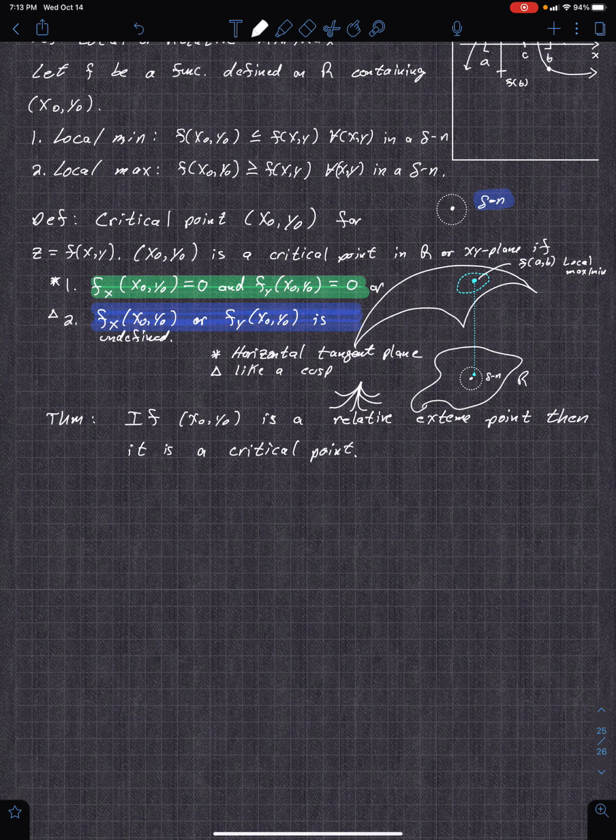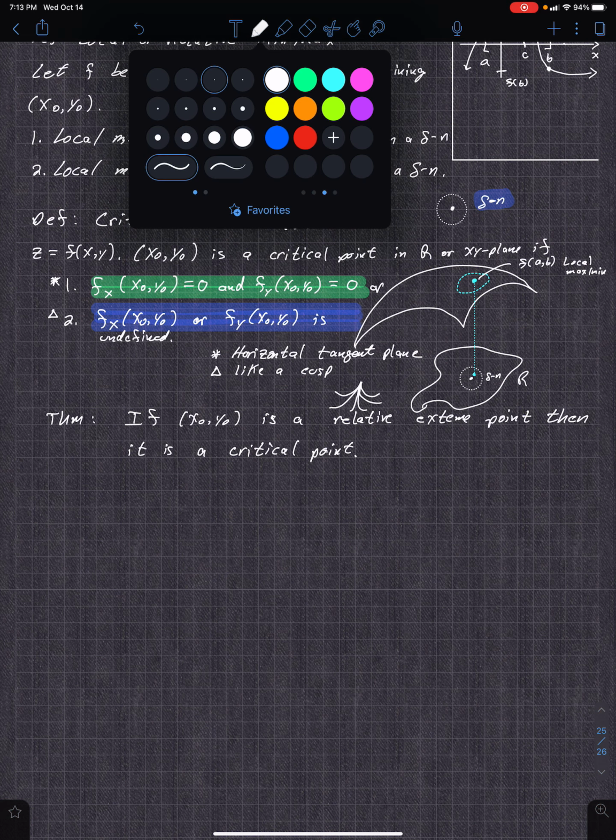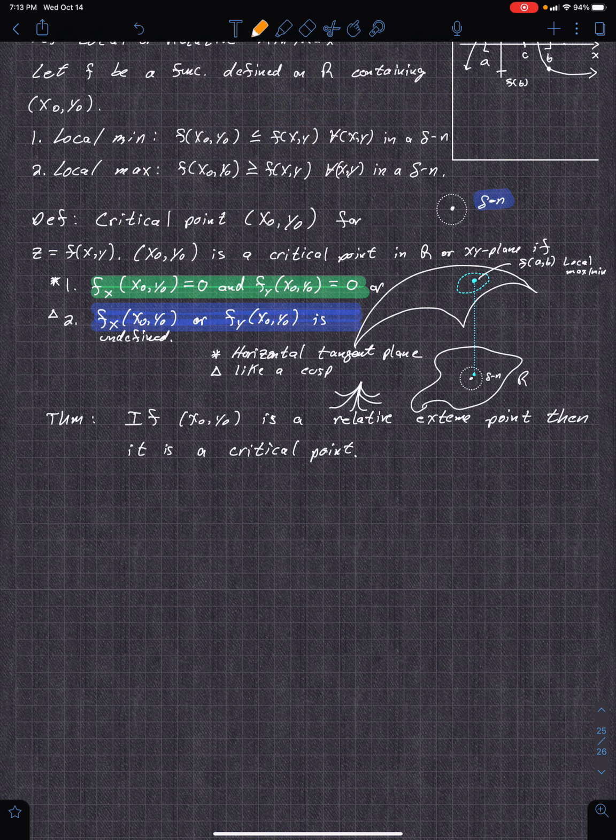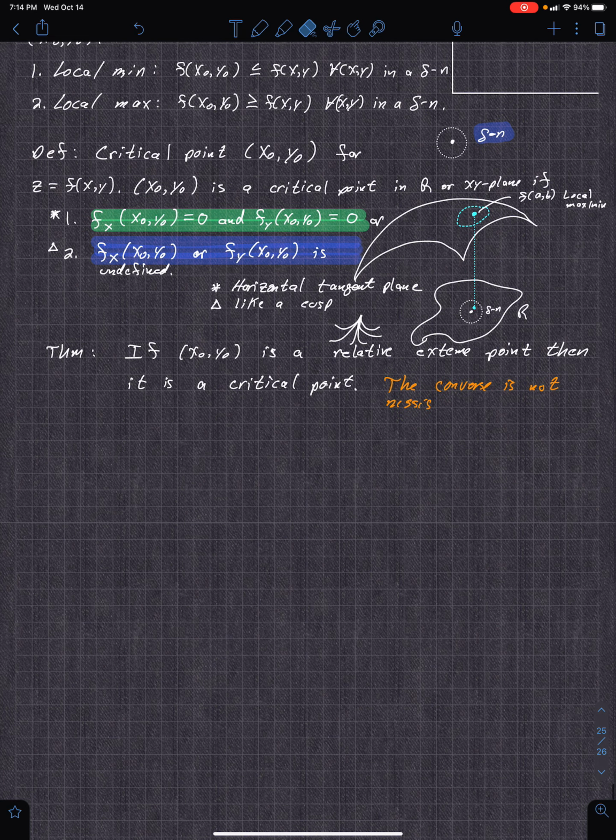So it must be that direction. The converse is not necessarily true. Okay, so let's write that down. The converse is not necessarily